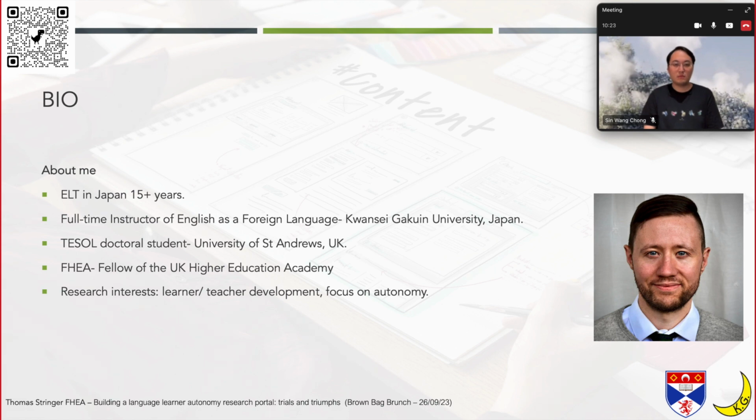I'm also a fellow of the UK Higher Education Academy, and I'm broadly interested in how learners and teachers develop, and in particular that focus is on autonomy. And I got into that topic really because it's big across Asia, as many of you may know, but in particular in Japan, where there's a lot of inertia that moves people through the education system, and people are not always sure why they are there or why they are doing what they're doing.